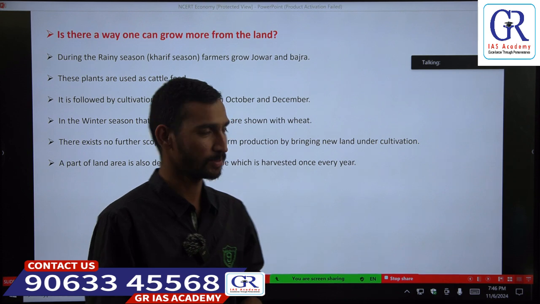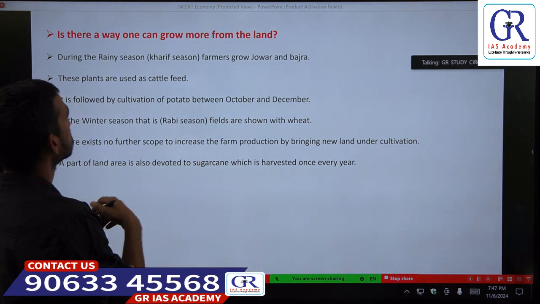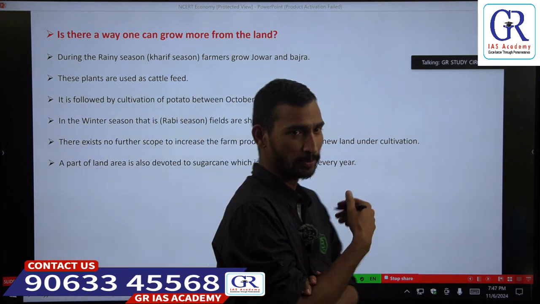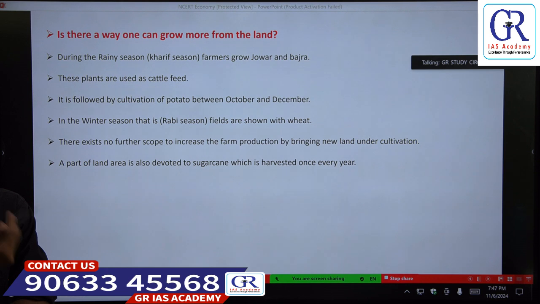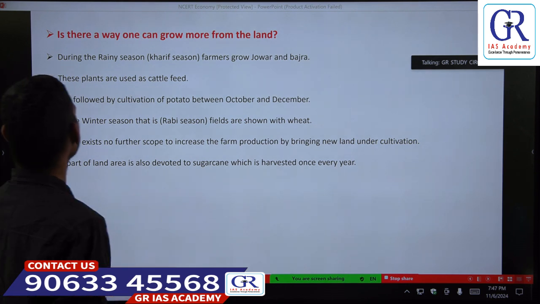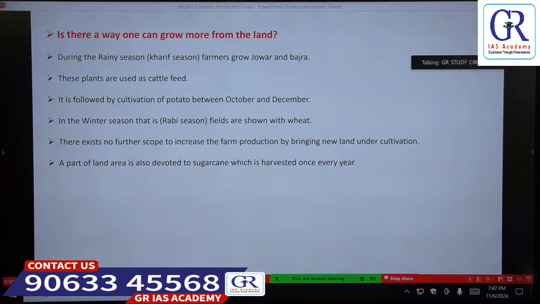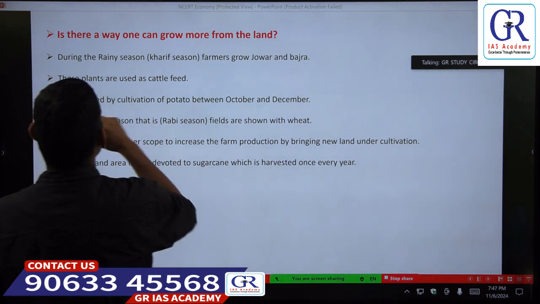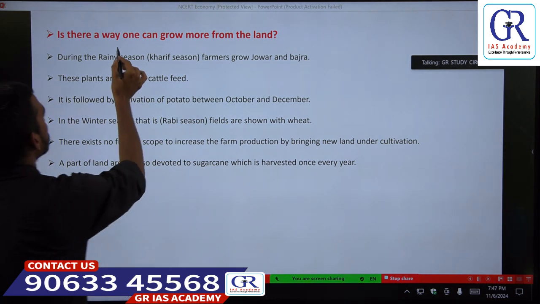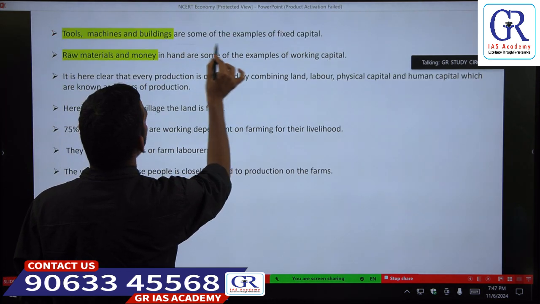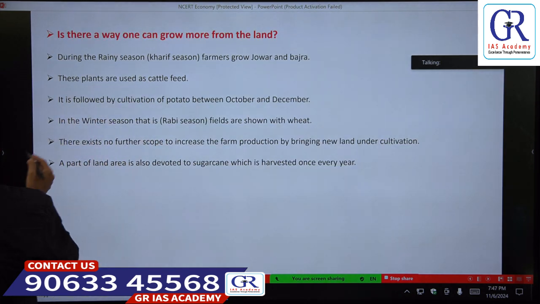Okay. So in the last class, we discussed the description of Palampur village. In the last class I raised a question: in whatever land there is, the land is fixed. So in the fixed land,